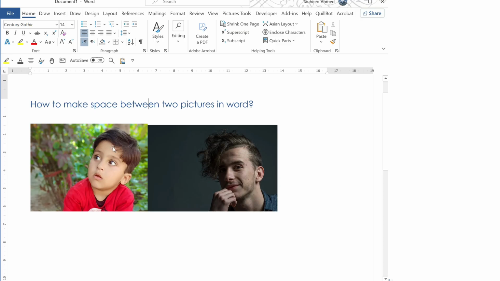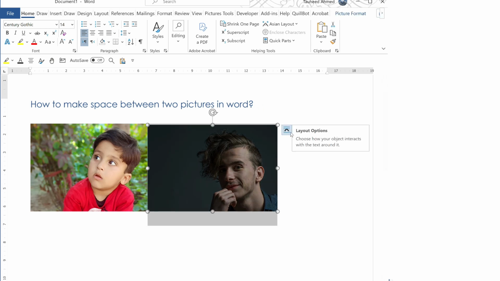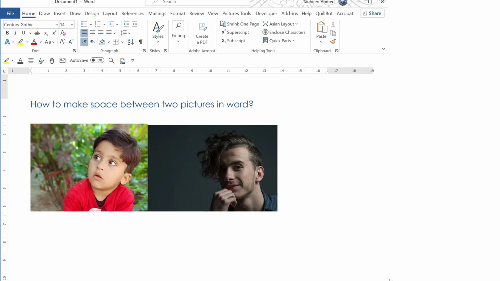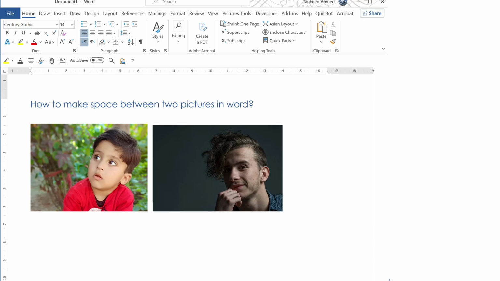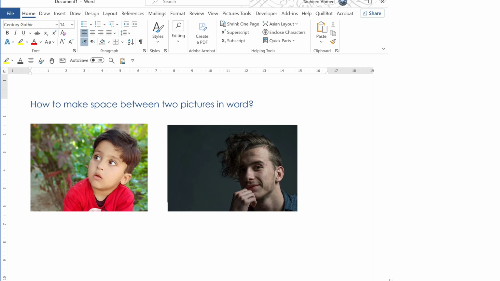So in the second method you need to use the space bar. For example, if you have these two pictures side by side, then click on the inline text and then drag the mouse to the bottom and then click the right arrow to see a cursor blinking between the two pictures. Now press the space bar repeatedly to add small increments of space as you want. You can also use the tab key if you want a larger uniform jump. If you press the key, then you can see that a much larger space has been created between the two